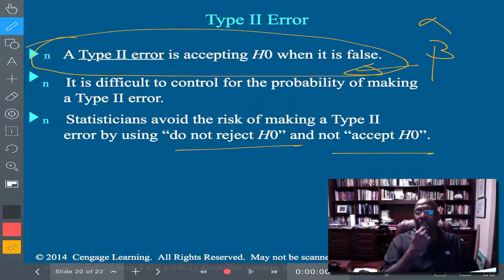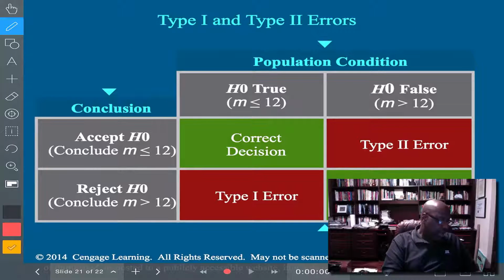when it is true is type 1. Failing to reject H0 when it is false is type 2, which is what we have here. All right? Good. And so the court case that I spoke to you about is an example of that. Population condition, but this